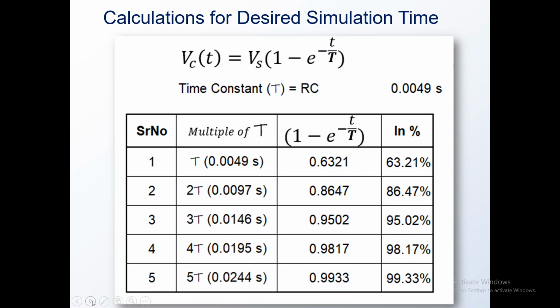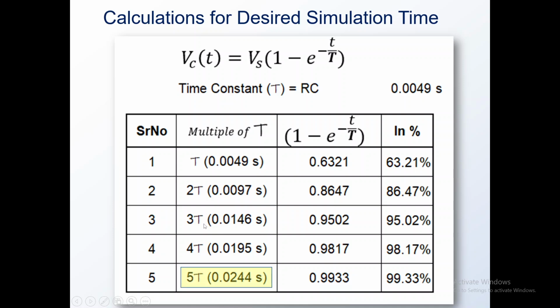So again we will calculate the time of simulation. This table shows the time of simulation and the percentage the capacitor gets charged as a percentage of supply voltage. So for 1 tau it will get charged to 63%, for 2 tau it will charge to 86%,